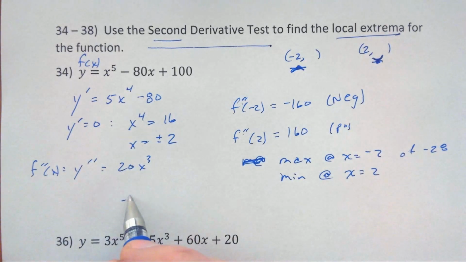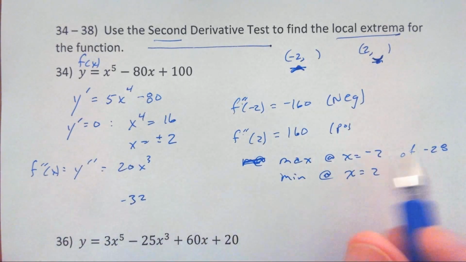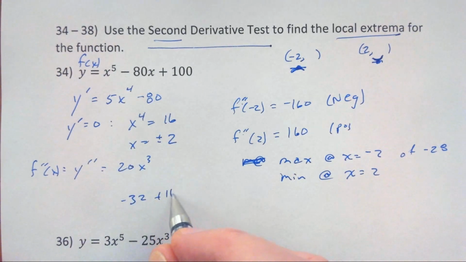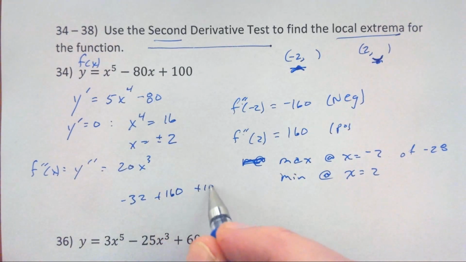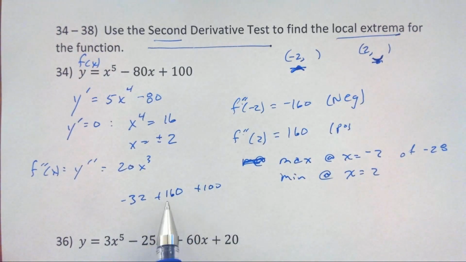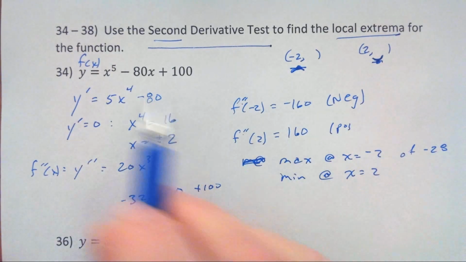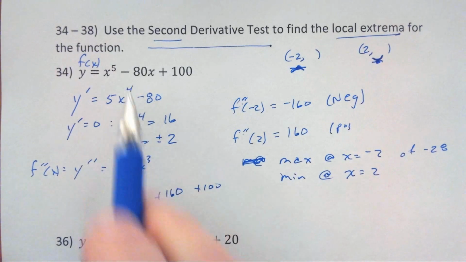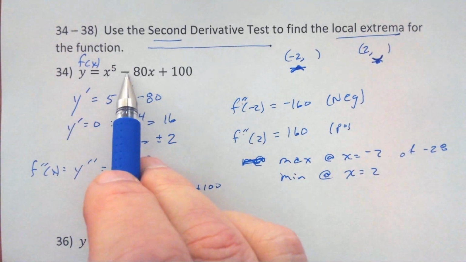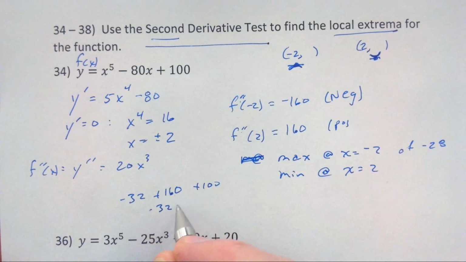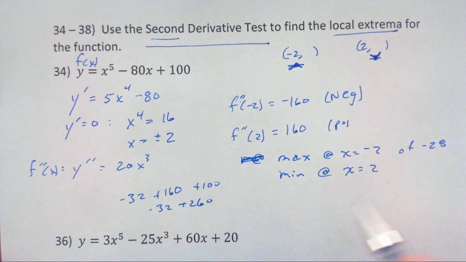I get, oh, no, it's negative 32. Let's see, put in negative 2: negative 32 plus 160 plus 100. That's 260 minus 32. So yeah, I was off on that one. Negative 32, because I got used to 32. Should just grab my calculator. 160, I'm stubborn. Negative 32 plus 260 is